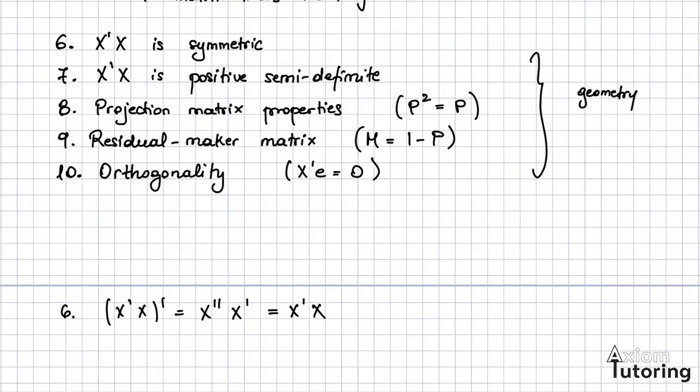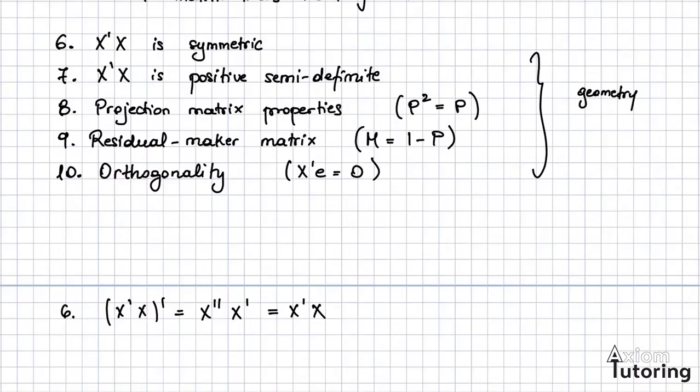Why does this trick or this property matter? It's because symmetry makes it a lot easier for the math. It means that we have fewer parameters that we need to estimate, and it makes derivatives a lot more simple. It might not be very obvious how exactly the math is simpler in the OLS, but when we get to more complicated methodologies like the GLS and formulas used for the variance, it's going to become a lot easier. For now, let's move on to trick number 7,